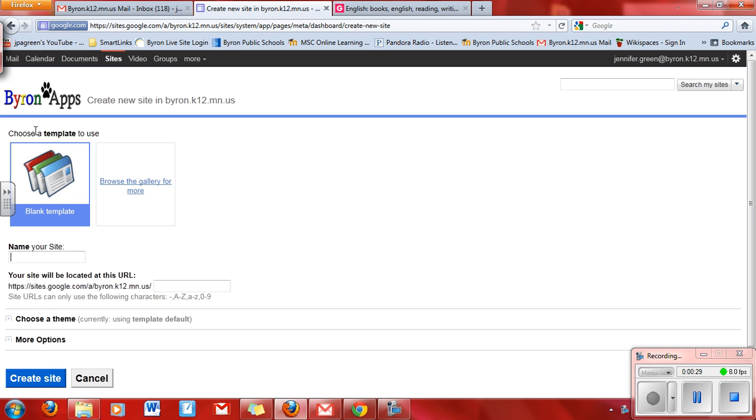This is going to allow you to create a web page. Now there are templates, but we're not going to use any of these right now because I want you to experience kind of building it on your own. You need to name it in a very specific way for this class, and the way you're going to name it is your first name. So let's say Julie W's